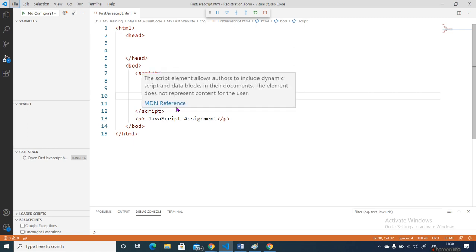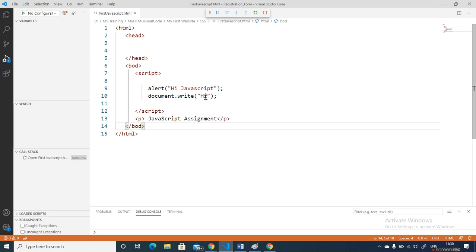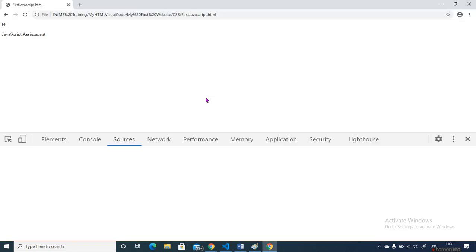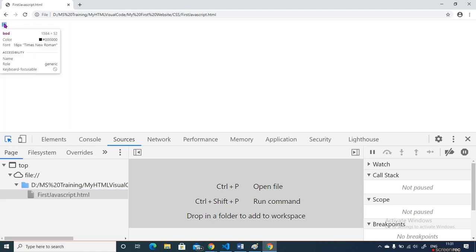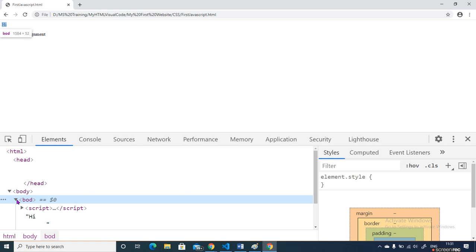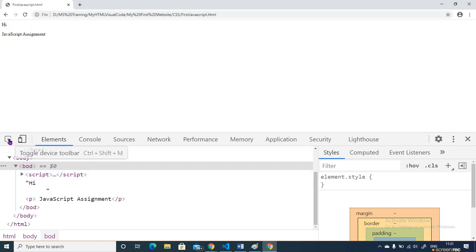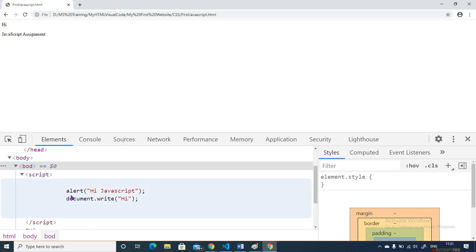I have not written any paragraph tag or any tag here. It automatically says hi here. Why? Because I have written it in JavaScript. There is no structure. If you move the cursor here, you can see this is my script tag, and it automatically added this HTML tag.